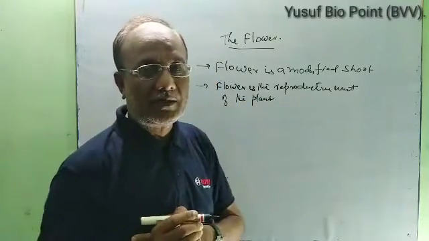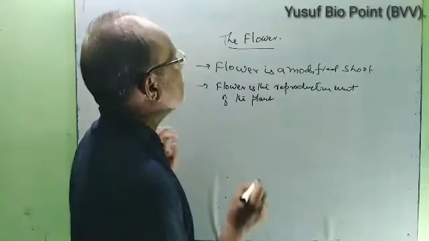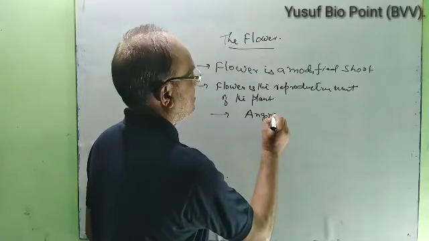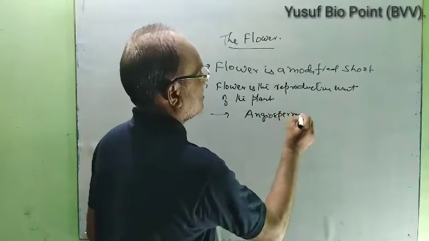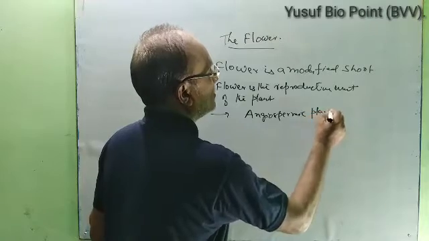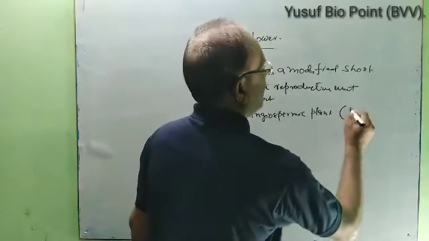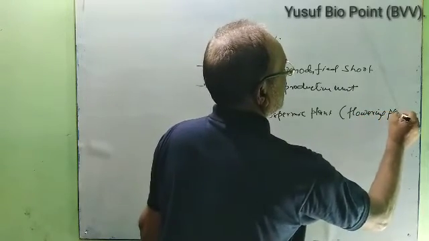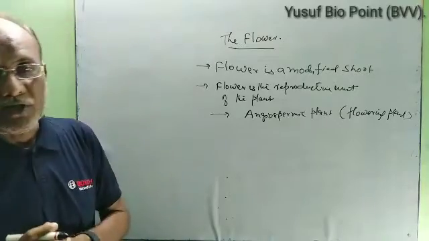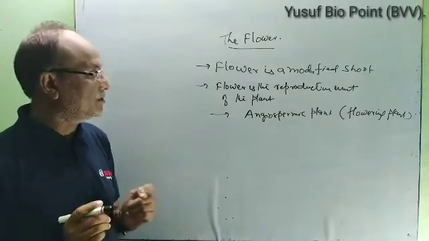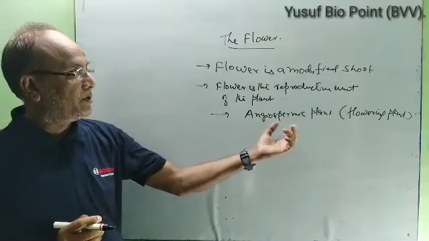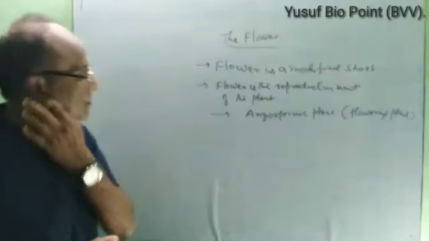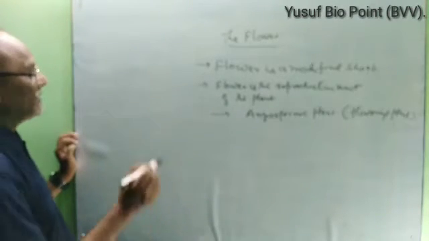Flowering plant is called an angiospermic plant. So we shall study about the angiospermic plant's reproductive organ, that is flower. Understand? And if you draw the figure of a flower, you see that